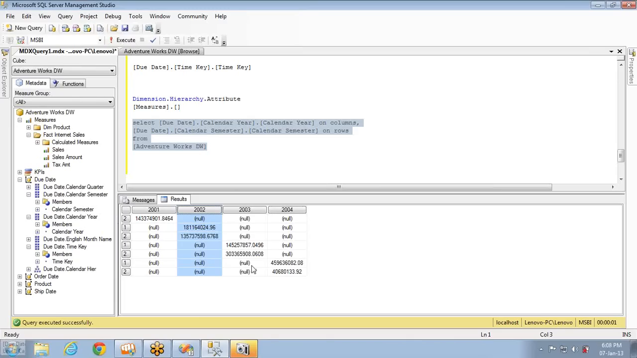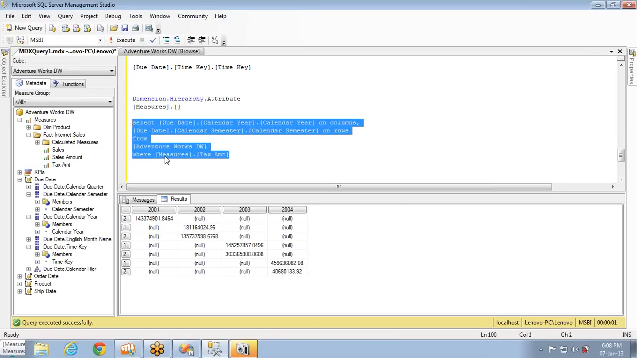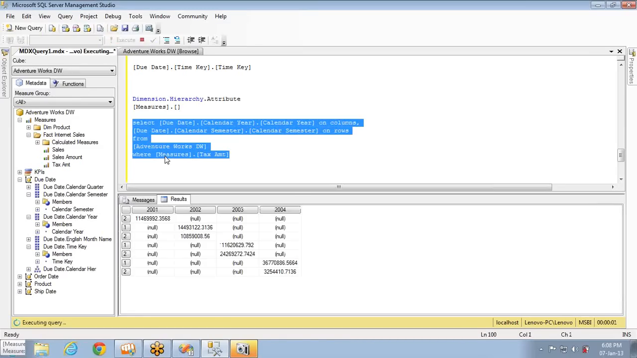If you don't want sales amount, the default measure, if you want some tax amount, then you can simply use where condition. You don't need to write a complex query or add something else. If you add where condition, it will be changed. It will get the data where measure is sales amount. So it can be used like this. Okay, the where condition also. So this is a simple MDX query, and